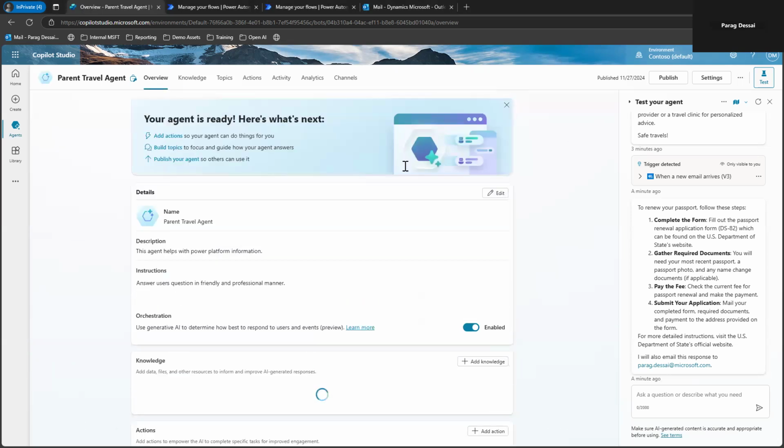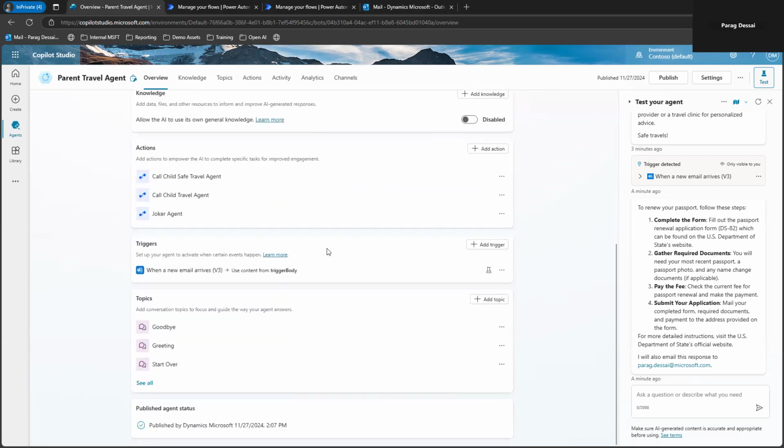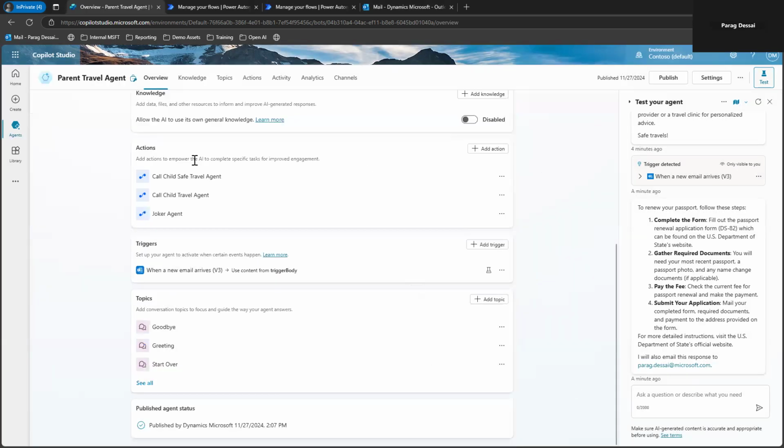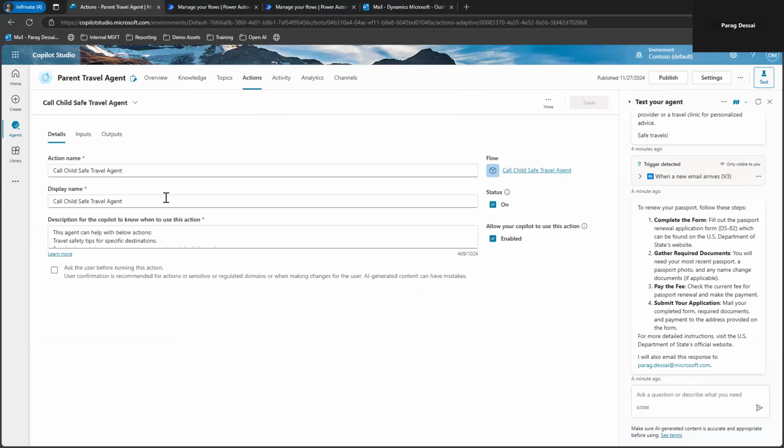So now, just to show you how you can do this, first you need to create a parent bot, which is going to handle the orchestration. So in this case, this is my parent bot. And once you have done that, you can start linking different agents that you have created. So in this case, you can click on add actions. And from here, all we are doing is we are creating a flow. So let me just show the one I have. These are all Power Automate flows. So you can see it's calling this child safe travel agent flow. So if I open that,